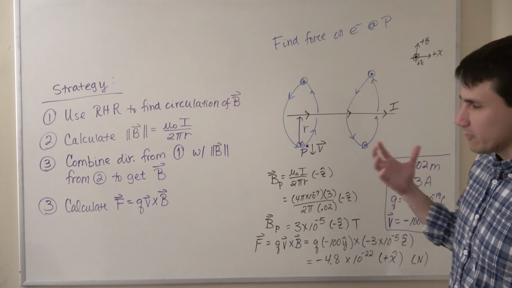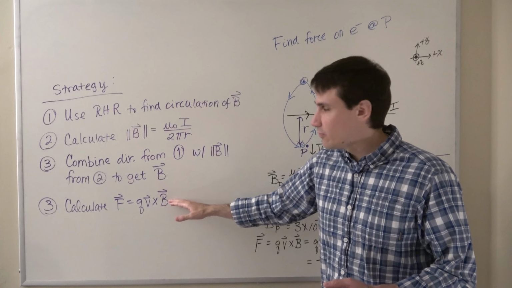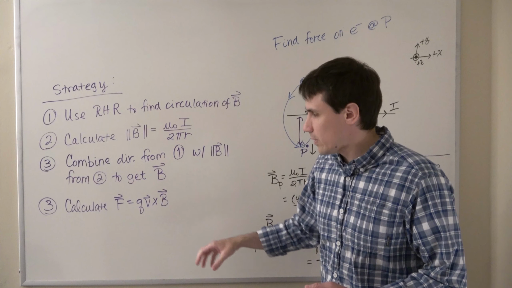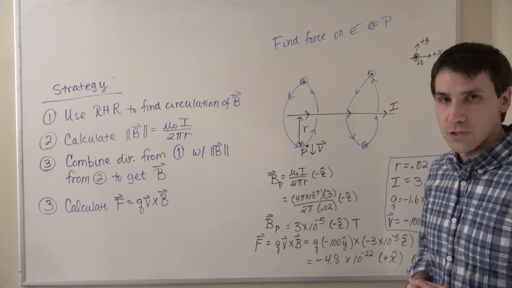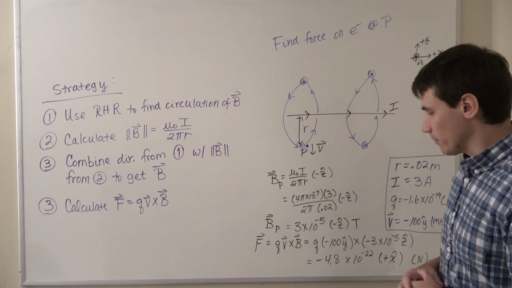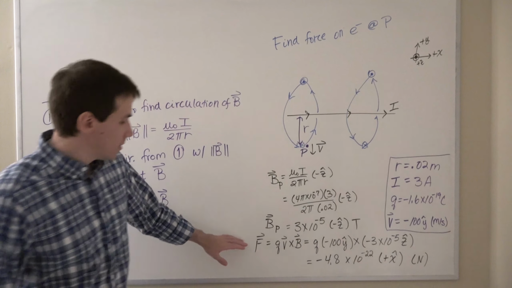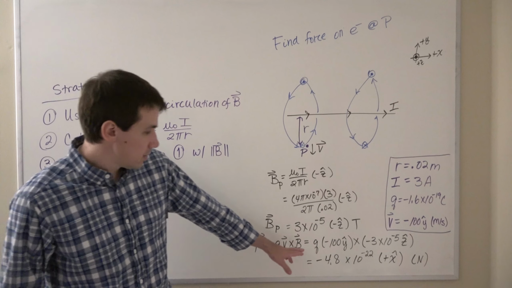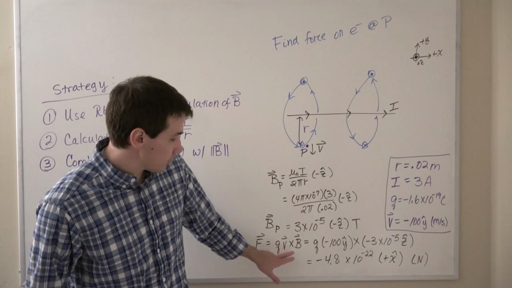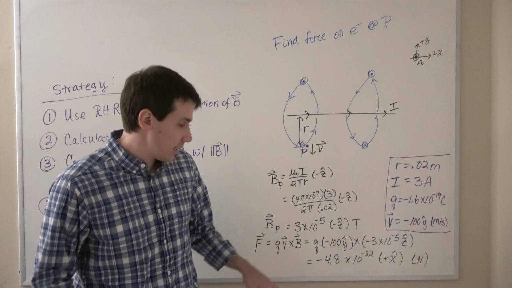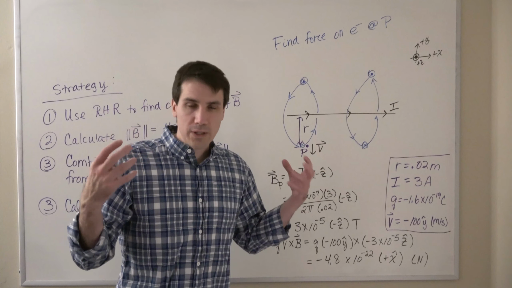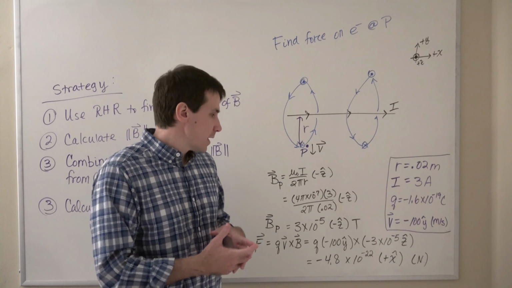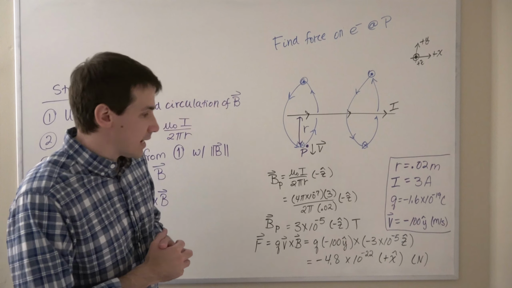So now our final step is simply to calculate the force using our Lorentz force equation, our magnetic force equation, F equals QV cross B. So here we have it. We have our force, the charge, multiplied by the cross product of the velocity and the magnetic field. Now, we could formally take the cross product by doing the determinant, but in this case, it's actually quite easy